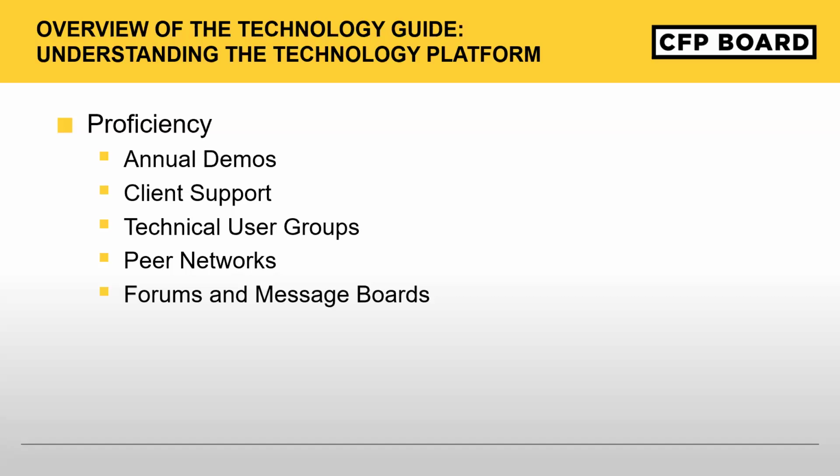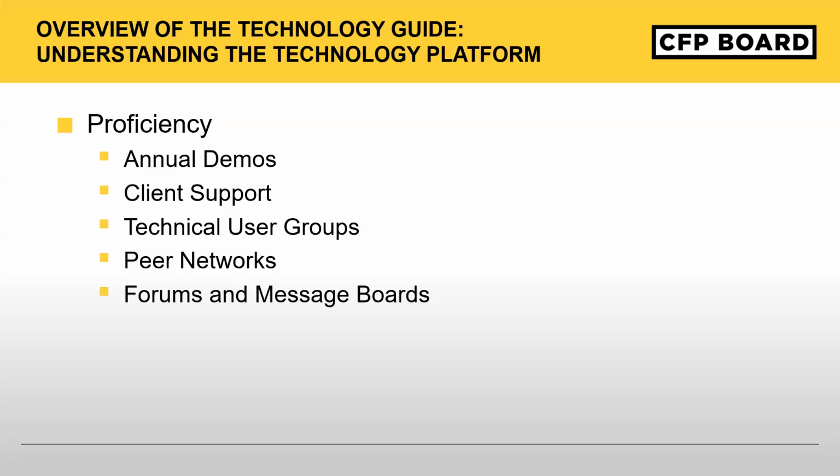Utilize client support, technical user groups, peer networks, forums and message boards, whether it might be from a broker dealer, from your firm, from a trade association, or from a network that you might be a part of. So utilize these groups, utilize this access to grow your proficiency, grow from that 45 and 55% utilization to 65, 75%, and really try to see what lift that provides you in efficiency and client engagement and possibly lowering your